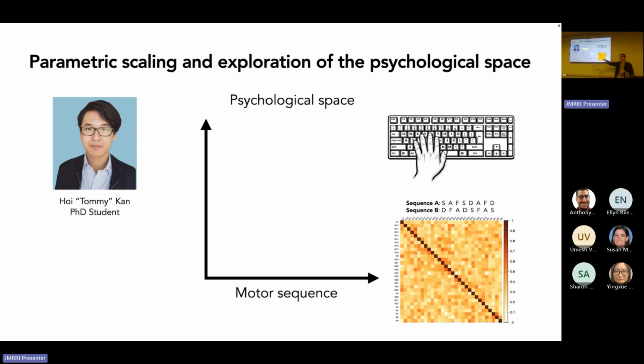By executing, just focusing on the motor similarity. Okay, you could use something like cosine similarity to give you something objective. Let's say how different are S from D or A from that. But we had people, or Tommy had people, rate the similarity between the sequences. They would do sequence A, then sequence B, on a scale of 1 to 7, how similar. Okay, and that is all of the possibilities here, 435 comparisons.